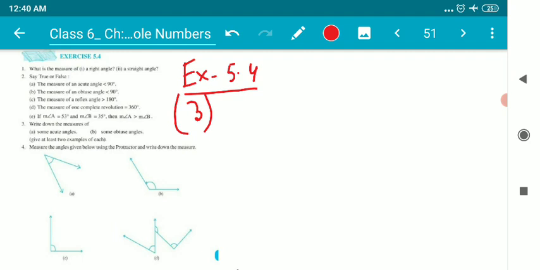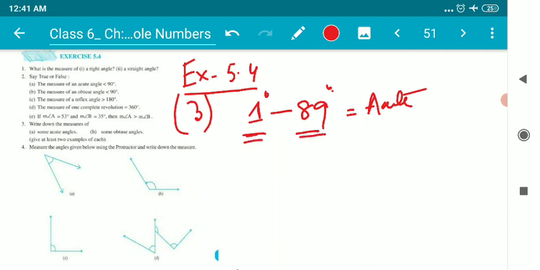Children, the very first thing, which I've already explained in the previous video, was about all sorts of angles. Okay, let us recapitulate the things which I've done in the previous class. The angles starting from 1 degree to 89 degree, the angles which fall in this category, are known as acute angles. Any angle within this range is an acute angle. After 89, exactly sharp 90 degree is known as a right angle.